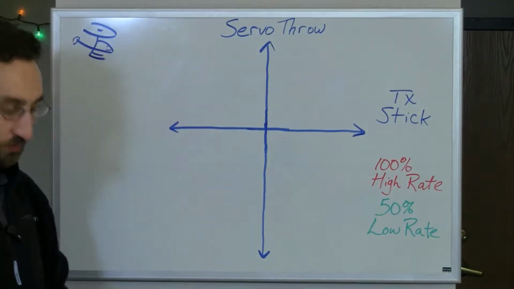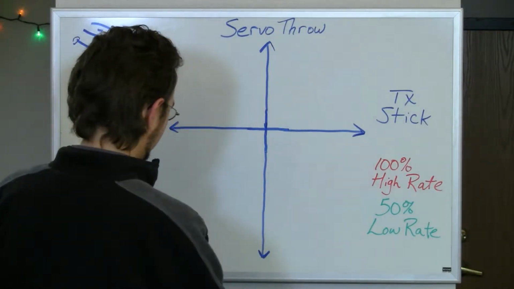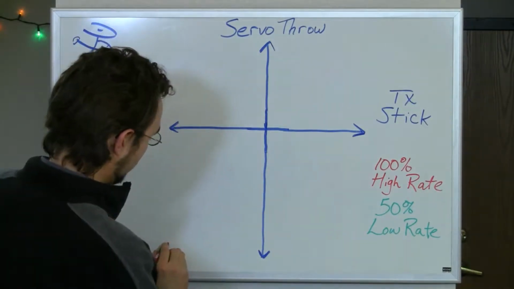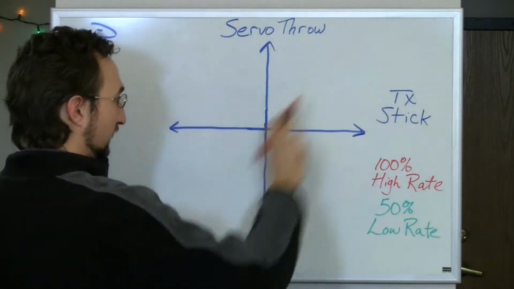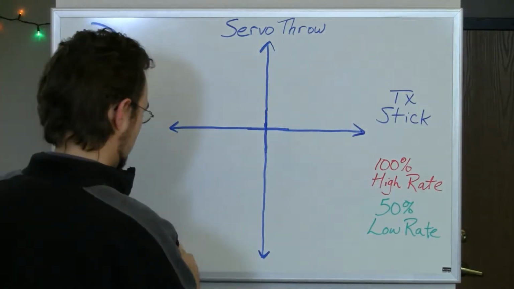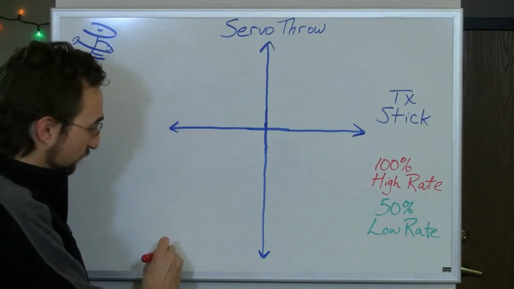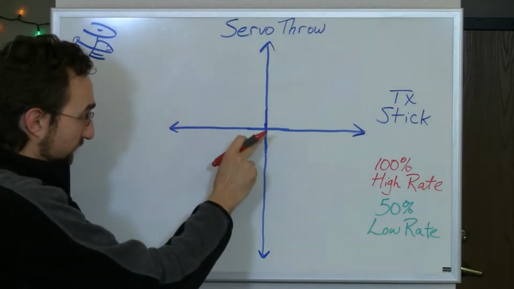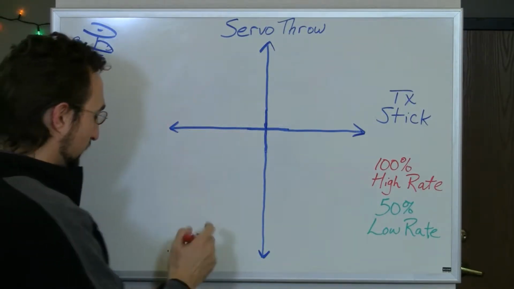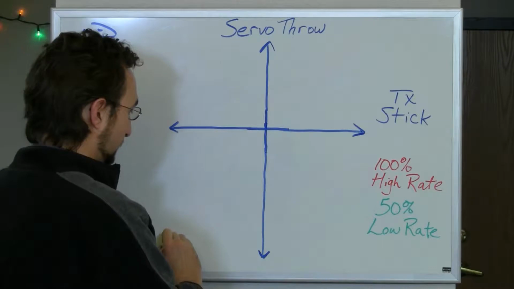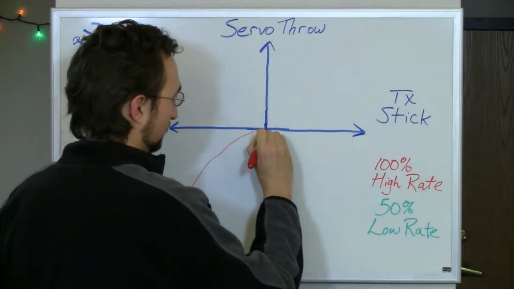So your typical exponential graph, if I were to graph this out, looks something like this. At 100%, we'll assume this is like a high rate where it would be a linear line if I didn't have any exponential on. We'd start here at the corners, meaning as our transmitter stick is moved from center all the way to one end, the servo arm is moved all the way to its end point. And it looks like it's going to start to go towards that corner, but it actually takes a curve